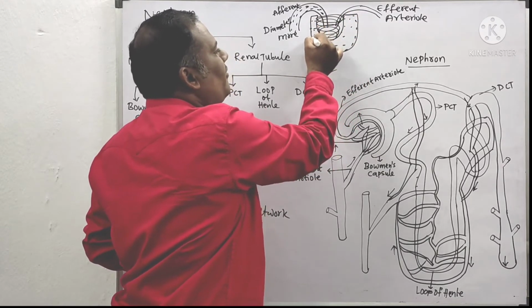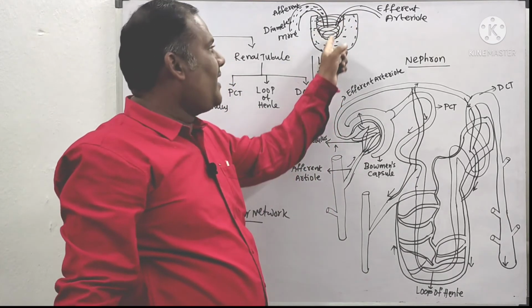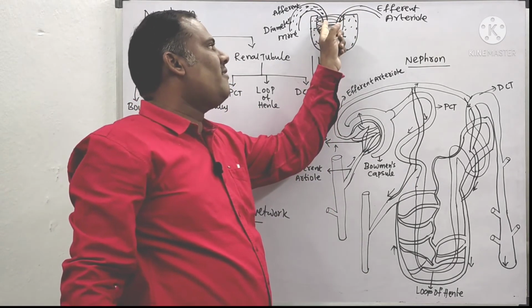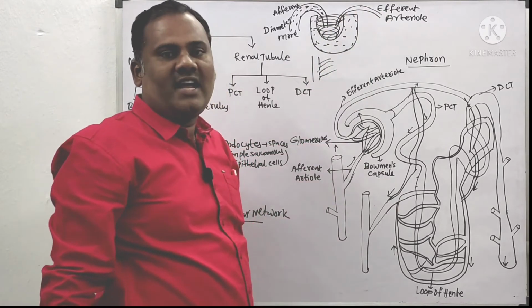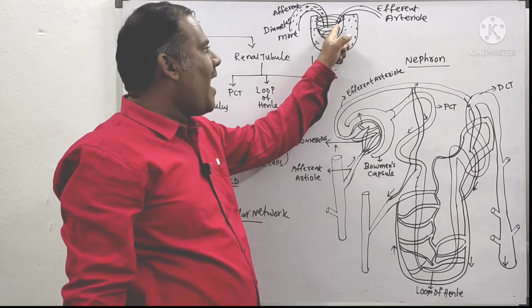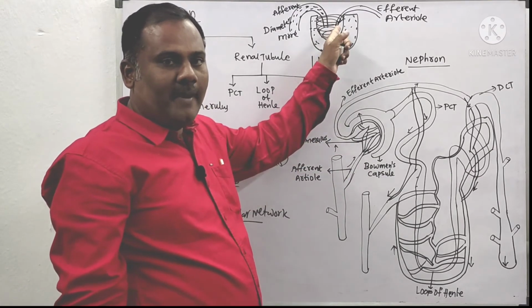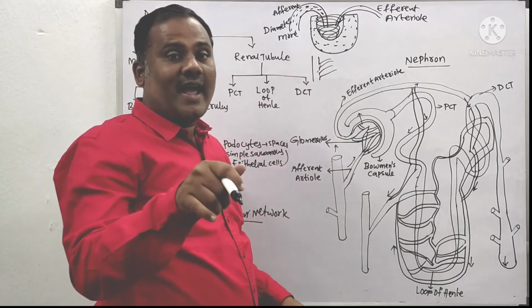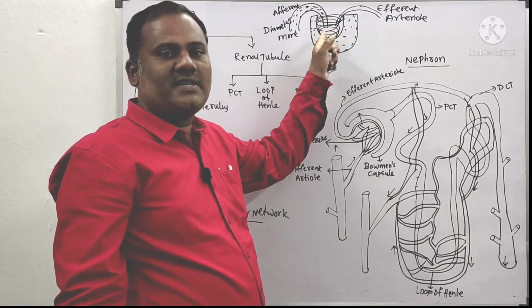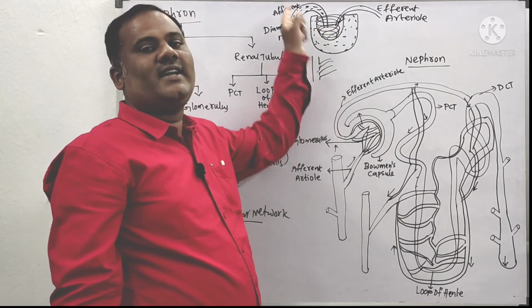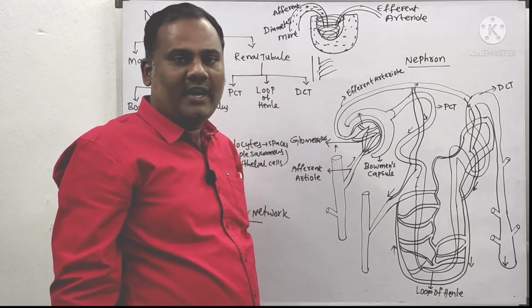That impure blood has to be filtered into the Bowman's capsule, and the efferent arteriole takes whatever blood is filtered. Afterwards, that filtered blood is taken up by whom? The efferent arteriole. While they are taking it, as it is narrow, the blood will be present inside the glomerulus for a little bit of time. In that time only, the glomerulus filters the waste products present in that impure blood. So that is the reason the diameter of the afferent arteriole is more when compared to the efferent arteriole.